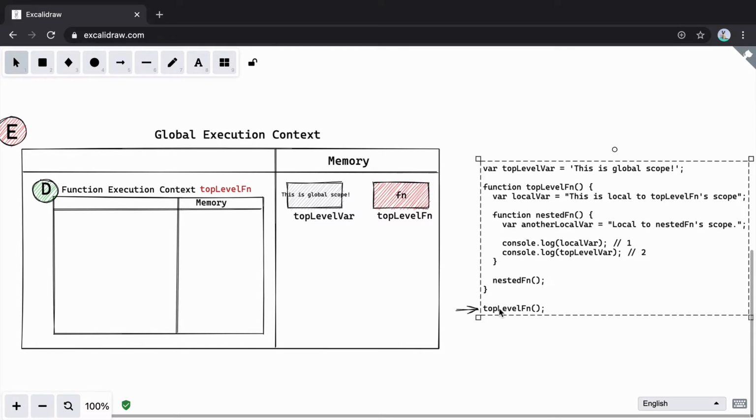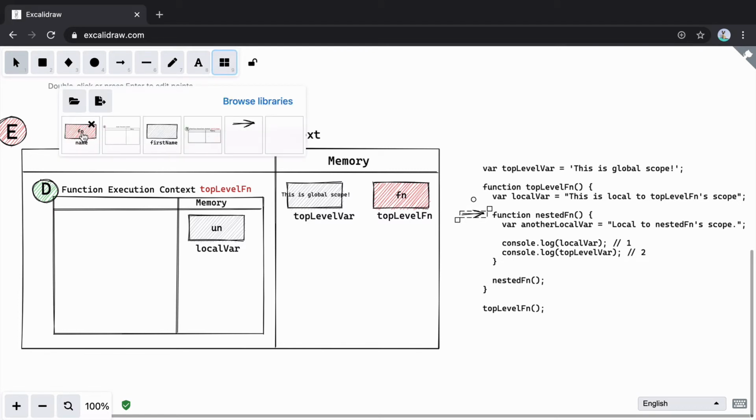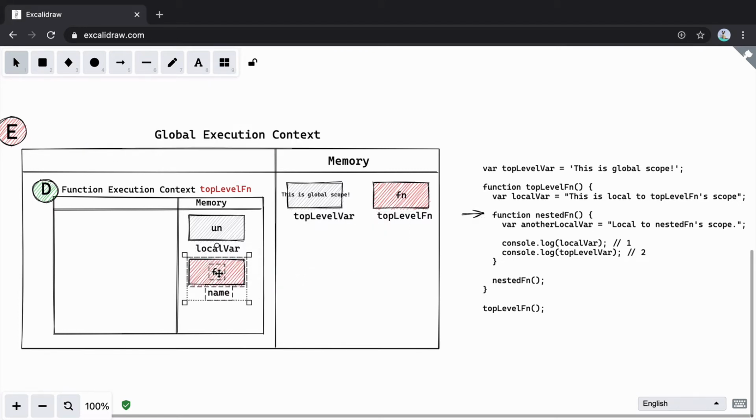As soon as this function execution context is created, it will go to the declaration phase, and here we see the first line, there is a declaration called local var. So we'll create a variable. The name of the variable is local var, and the value in the start will be undefined. Moving on to the next, we see another function declaration. What is the name of this function declaration? It is nested function. So we'll put this function here. The name of that is nested. So we'll skip this line and come to this here. So the declaration phase is over.